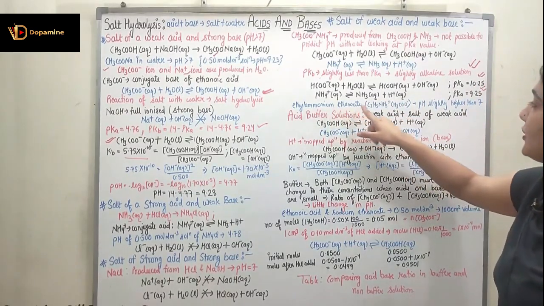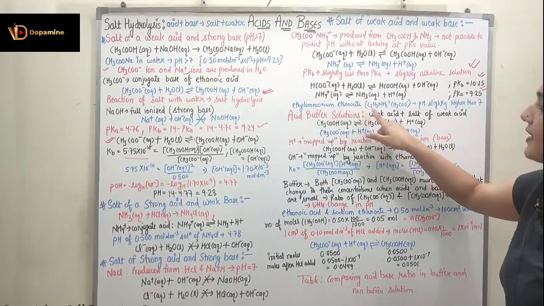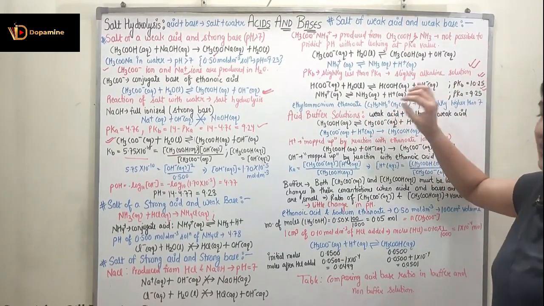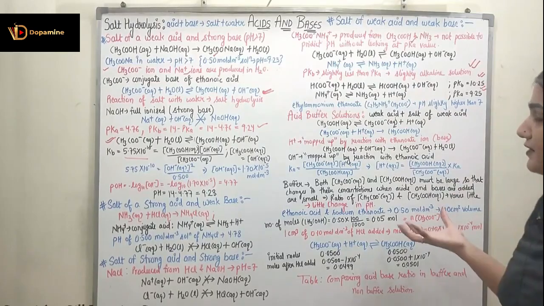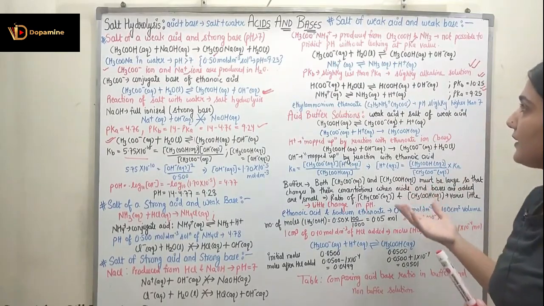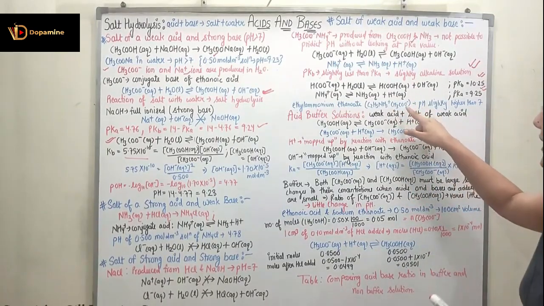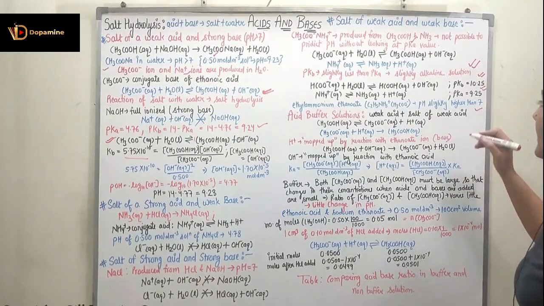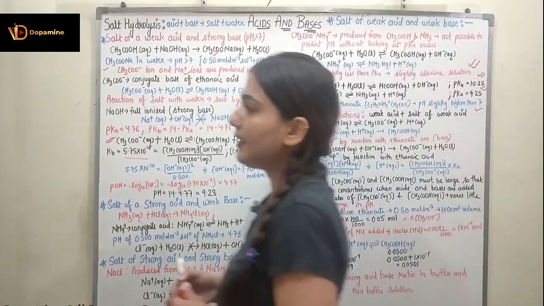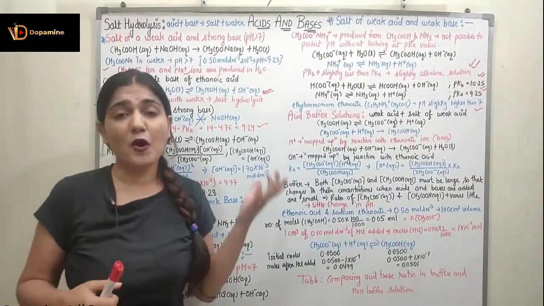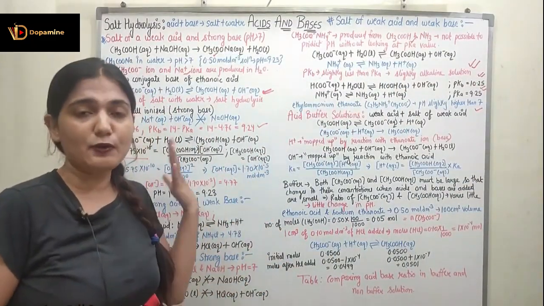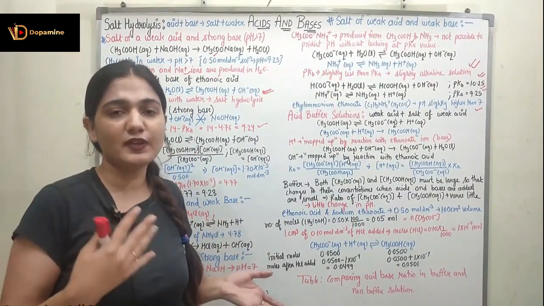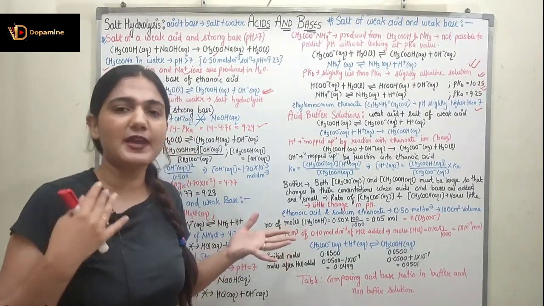Coming to ethylammonium ethanoate. If I take this case, C2H5NH3 positive plus CH3COO negative, you can see the reactions of both of them, C2H5NH3 positive and CH3COO negative, with water. If you observe the reactions of both of them and you observe pKb and pKa, you will see that the pH will be slightly higher than 7. So it depends upon the pKb and pKa values, and we cannot predict beforehand what the pH of the given solution would be without looking at pKb and pKa.